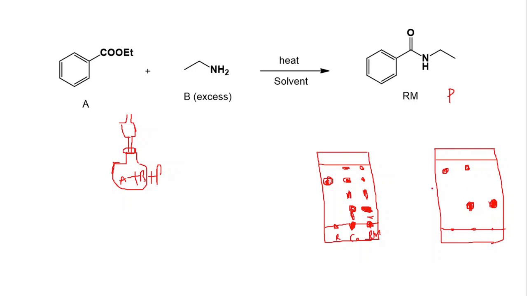Okay, so what is there in the conclusion? I mean, what do you have to conclude? You have to check whether one of the reactants is totally over. Now you can see, you cannot see any spot at this height. So reactant A is already over. If you look at this TLC, there was a slight amount of A, but this is totally over. At this stage you can stop the reaction and do the workup.